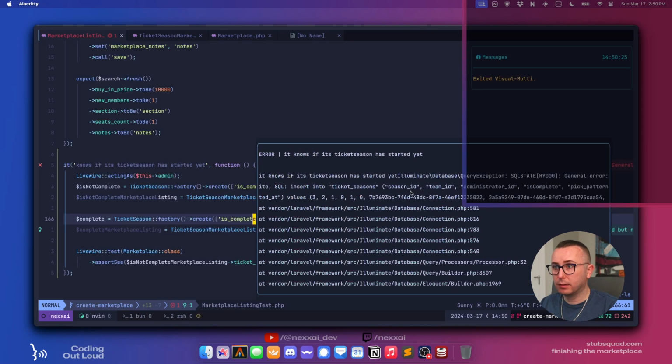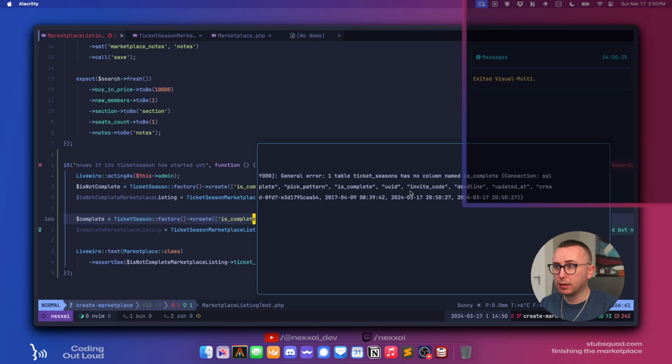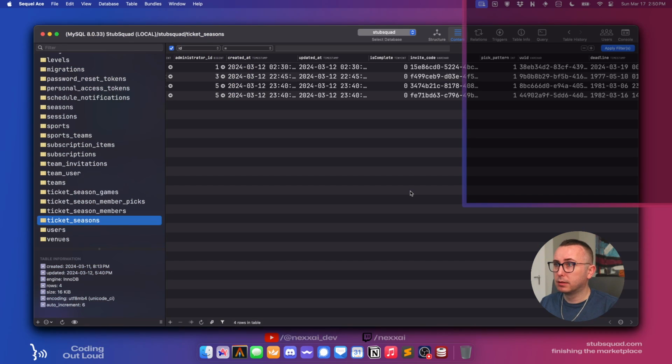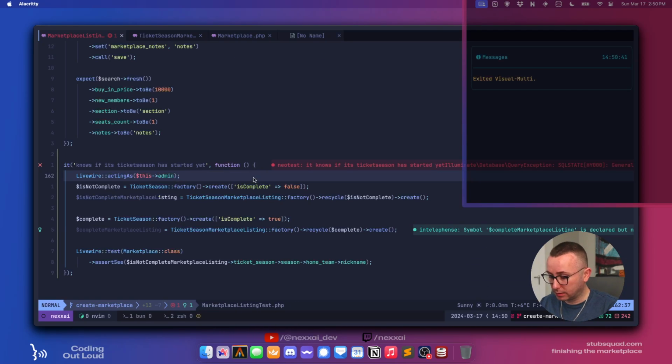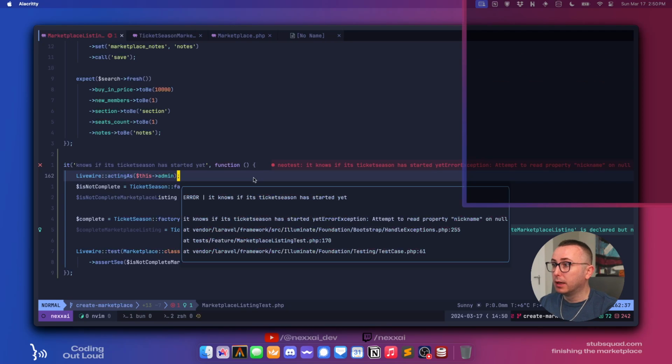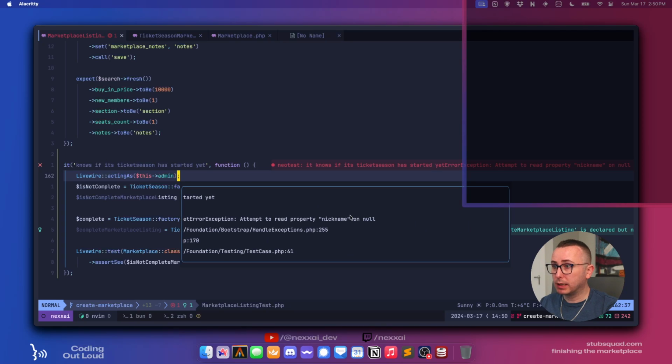Usually I do them in snake case. I don't know why I didn't do that there. Whatever. Okay, so attempting to read property nickname on null.